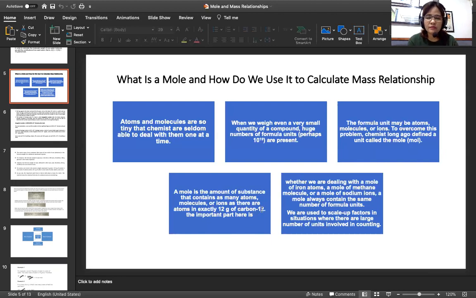You know carbon is an element found in the periodic table. So when we refer to the mass of that element, that's 12 grams already. So this is the atomic mass. And to define atomic mass again, what is atomic mass? It is the combination of the mass of protons and neutrons, or the number of protons and neutrons inside the nucleus of an atom. So even if we're dealing with a mole of iron atoms, a mole of methane molecules, or a mole of sodium ions,